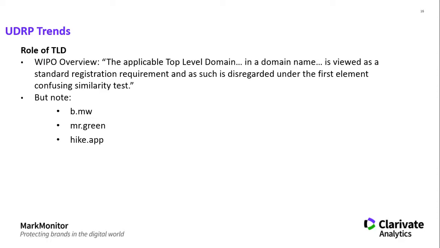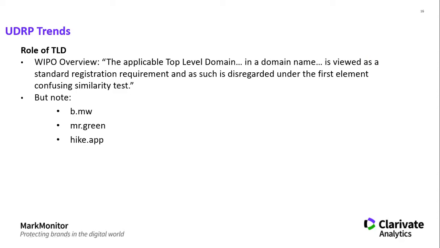And one of the more interesting cases, and it's not a new top-level domain, but involves the top-level domain .mw, the country code for the African country of Malawi, which, by the way, does participate in the UDRP. A cyber squatter had registered b.mw. And as far as I know, this is the only single character second-level domain that has ever been the subject of a UDRP proceeding. But that cyber squatter then turned around and offered b.mw for sale for, you guessed it,